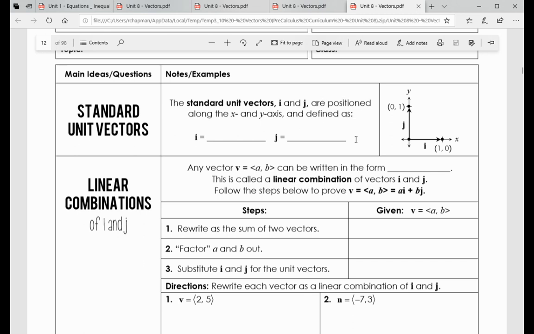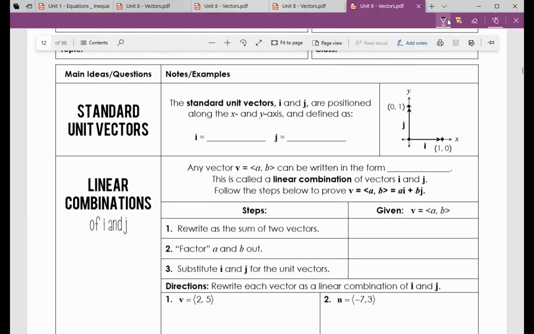This lesson is about standard unit vectors, and we talked about unit vectors in the last lesson as being just a vector that has a magnitude of 1. So now we're going to talk about a standard unit vector in terms of i and j being positioned along the x and the y axis. So they are defined as 1, 0 and 0, 1. So basically, when you look at this, i is the horizontal component and j is the vertical